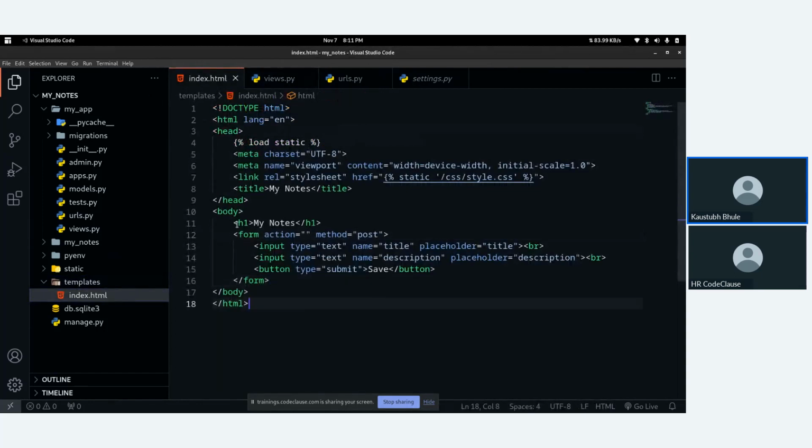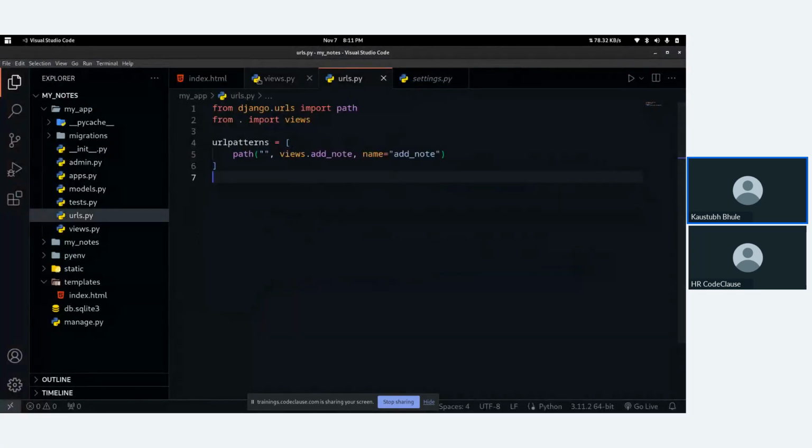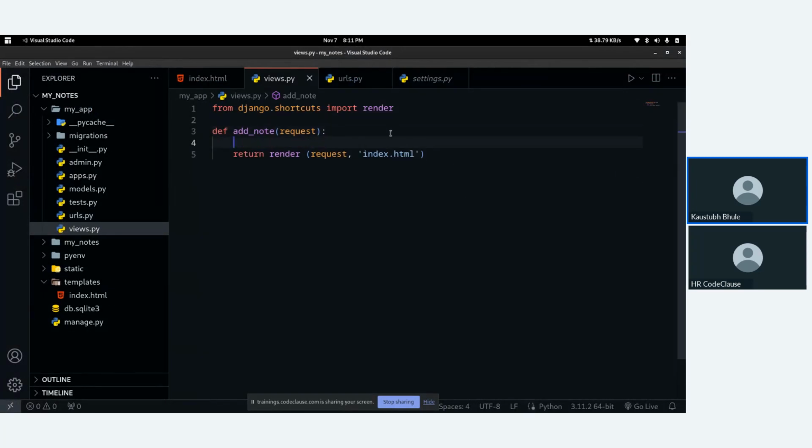Now we will check if we are getting the post method on our backend side, on this view side, and we will perform operations on that. So if request.method is exactly equal to POST, then in that case we will perform the following operations.